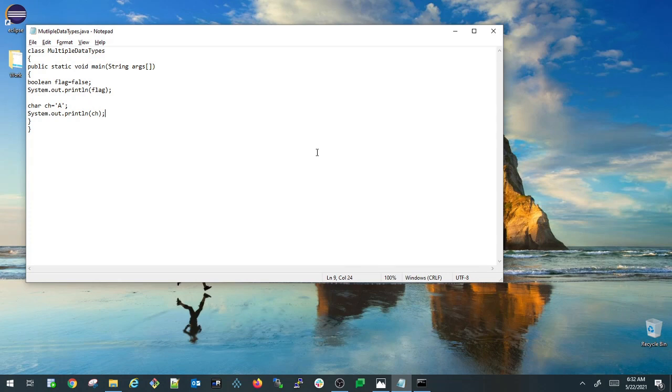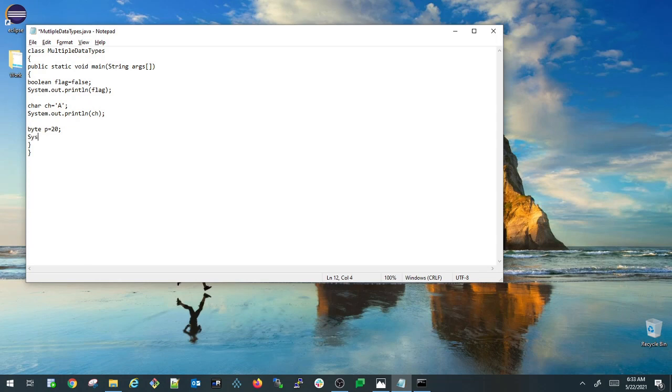Now let us try to declare all the integral data types and print them. So here I'm going to declare a byte type, byte p. So if you just write byte p and then put a semicolon without any initialization, we call it declaring a variable. But if you assign some value to this, let's say byte p equals to 20, this is called initialization, because we are assigning the value 20 to the byte variable p. So this is called initialization or defining the variable.